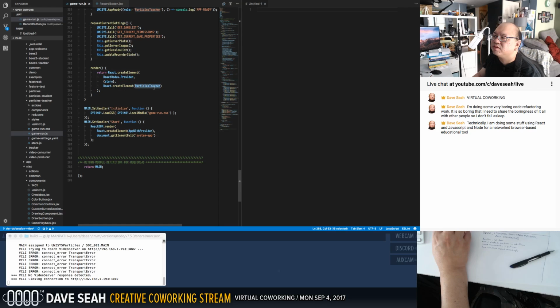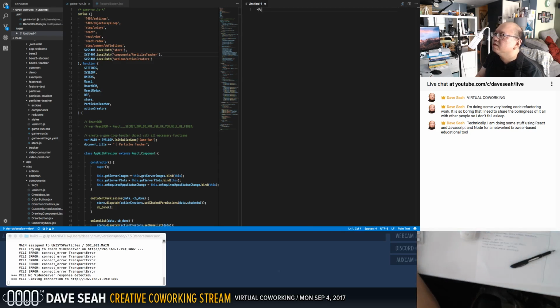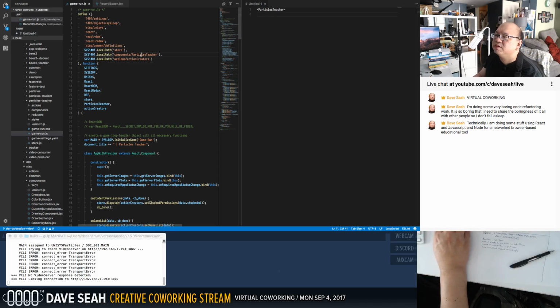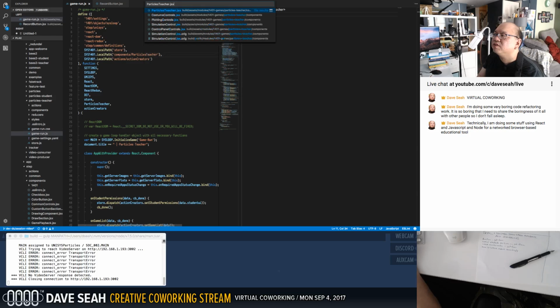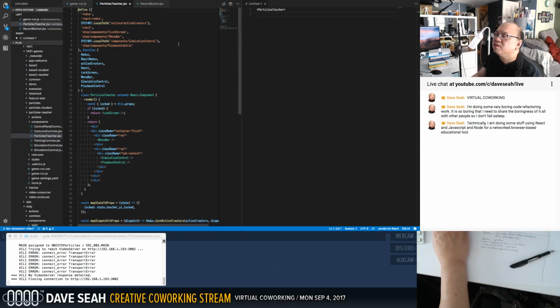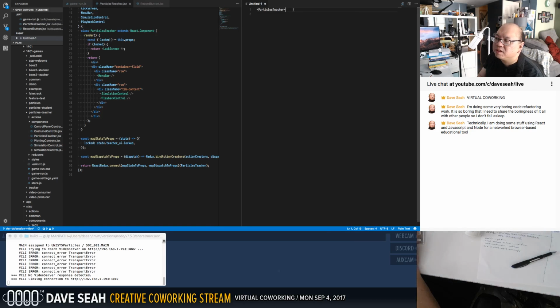This render function creates something called particle teacher. And yeah, so particle teacher. Particles teacher contains what? Can I just open it like this? I wonder if it knows. Particles teacher JSX. And what does this have in it? Its render function returns a bunch of stuff. The ones that matter look like